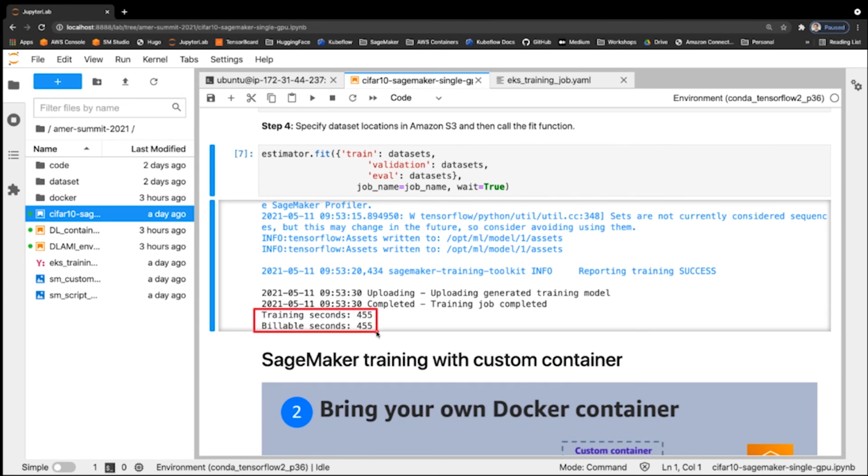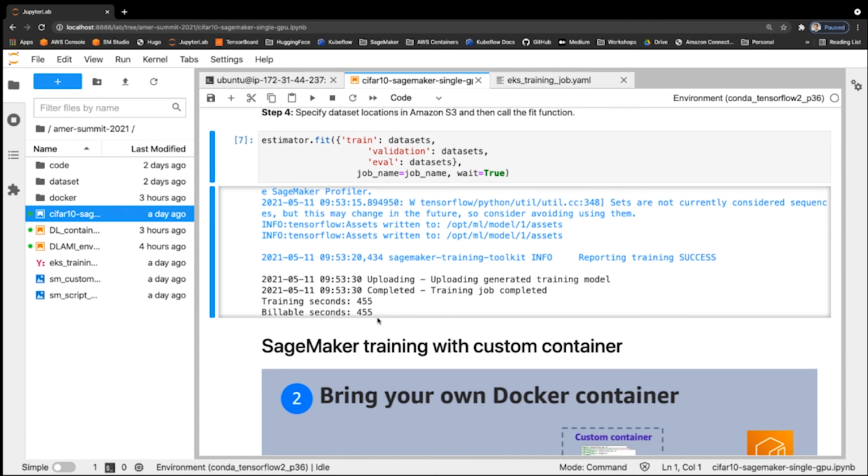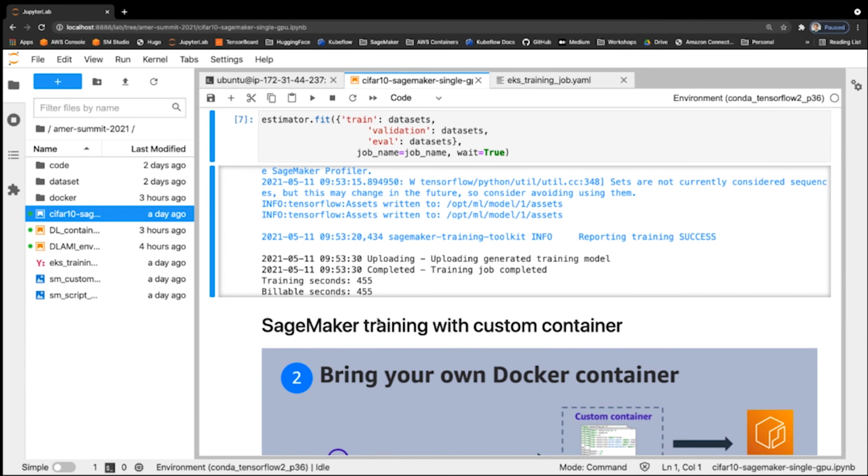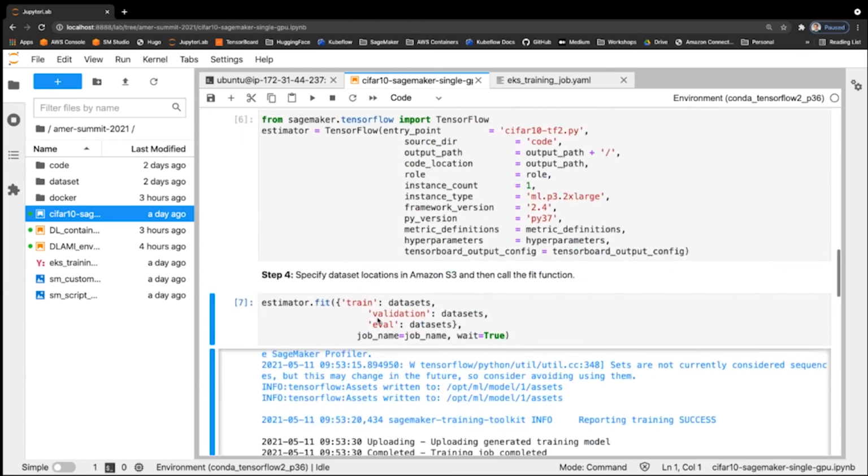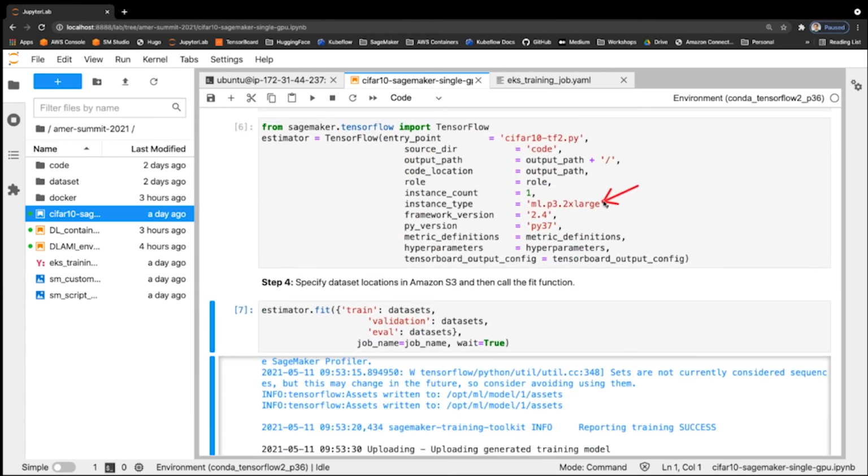Basically, this means that if you train on a GPU instance for 455 seconds, that's the duration you're charged for. Unlike if you were using Kubernetes, you're responsible for managing the data plane, or the instances on which the training runs. So if the instance is running throughout the time the cluster has been running, then you're continuously being billed for it. With SageMaker, you get a fully managed experience. You only pay for the exact duration of training. This lets you prototype quickly, try different instances just by changing a single variable here.